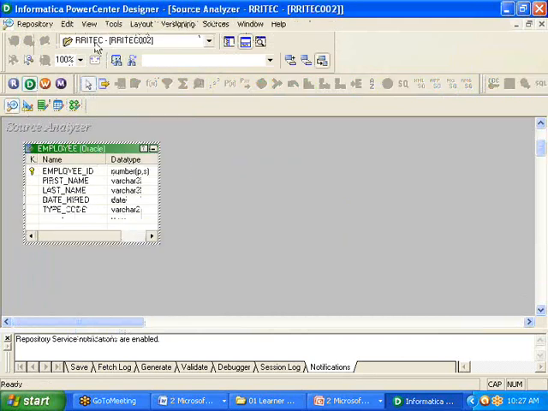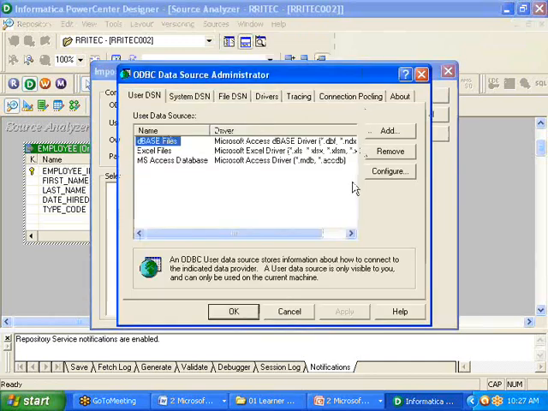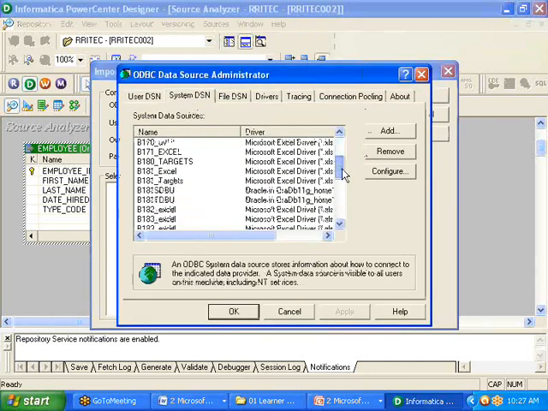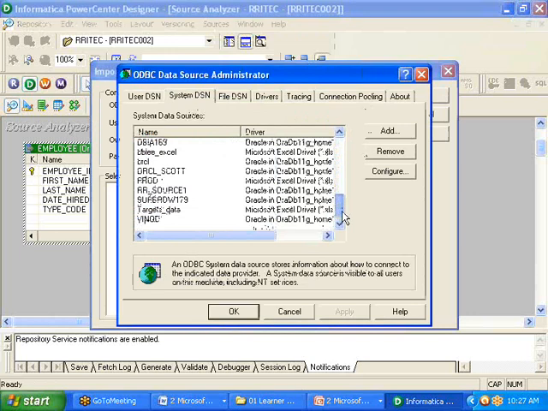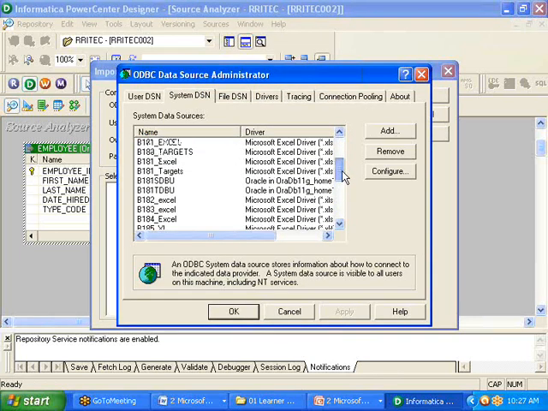Sources, we went and created here, import from database. We created one connection, right? What is the connection we created, sir, yesterday? RR source 1.